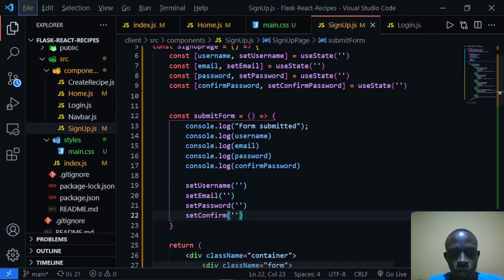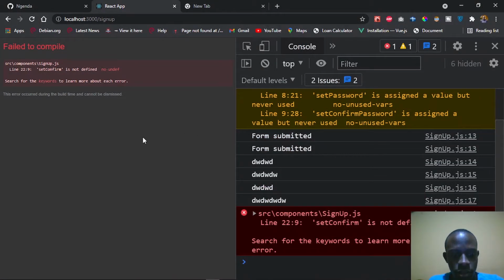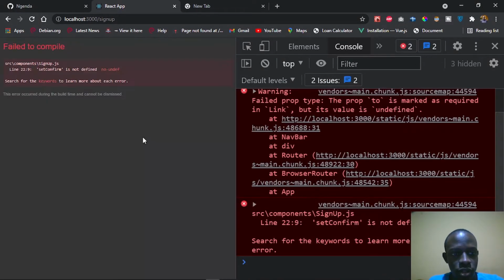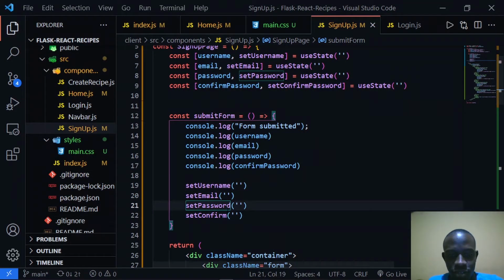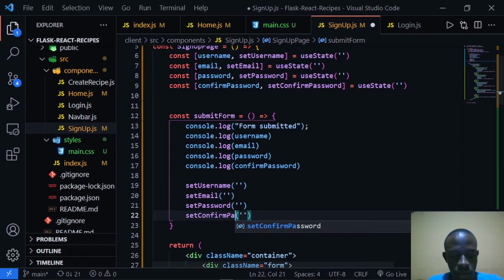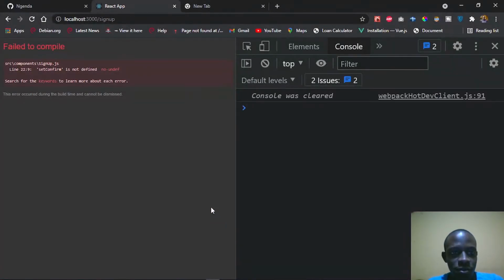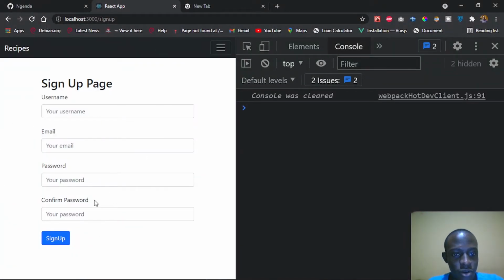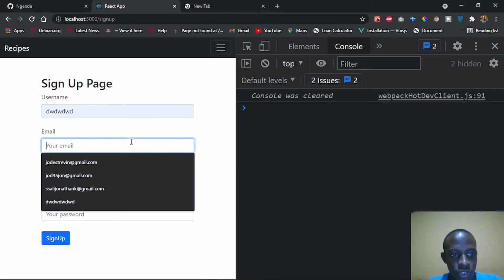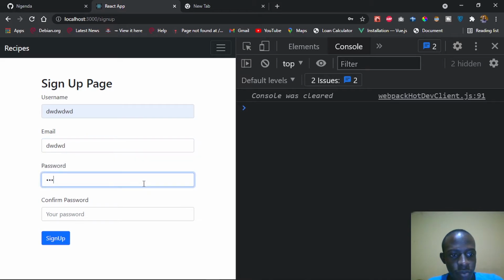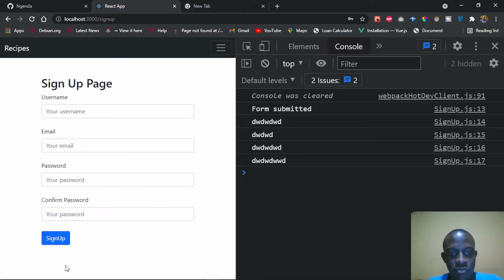So I'm going to come right in here and then refresh. So this time we expect, so we see that set confirm is not defined. So this will be set confirm password. So when I save, we see that now our form is rendered. So every time let's say we put in our username, our email, our password, and our confirm password. So if we submit, we see that every time we submit, our form is reset, and then we console log